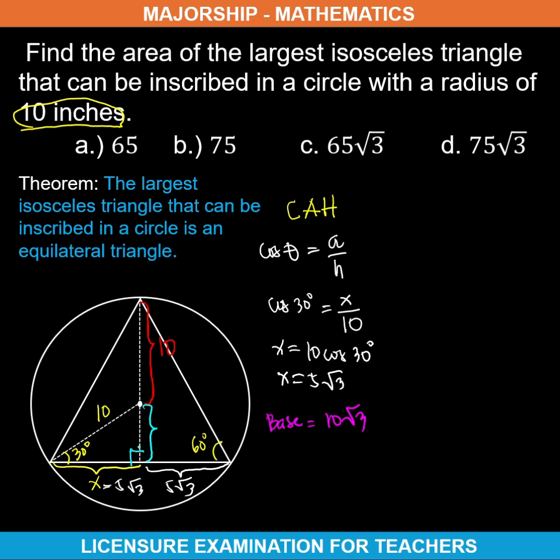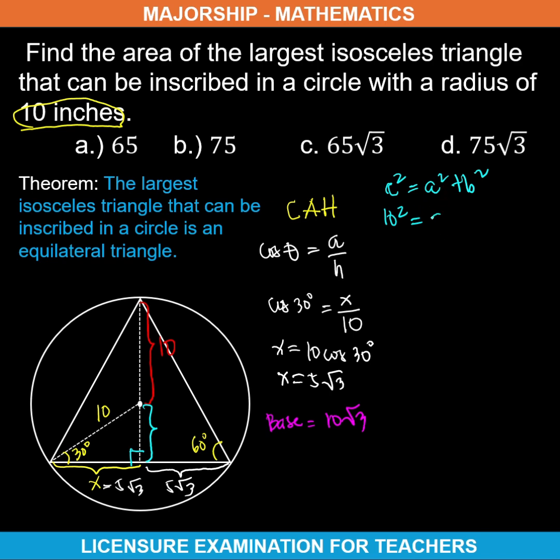Okay, so ibig sabihin, pwede tayo gumamit ng Pythagorean theorem to solve for the missing side. Kasi meron ka ng hypotenuse and then meron kang leg which is 5 square root of 3. Okay, so let us use the Pythagorean theorem to solve for the missing side. Pwede natin ito i-let as A, ito B, and then this is our C. Using the Pythagorean theorem, we have C squared equals A squared plus B squared. Substitute lang natin. Yung C, yung hypotenuse is 10. So we will have 10 squared equals